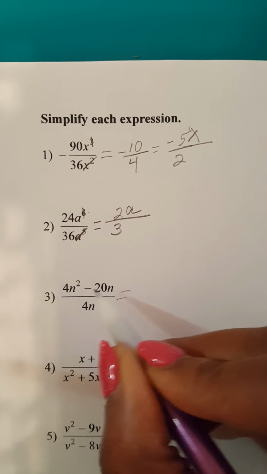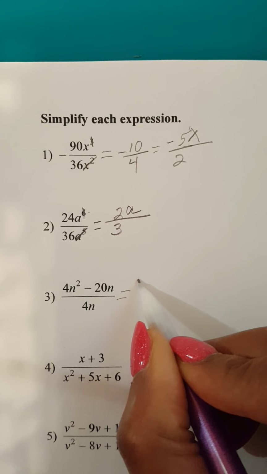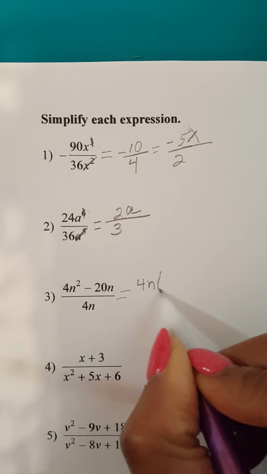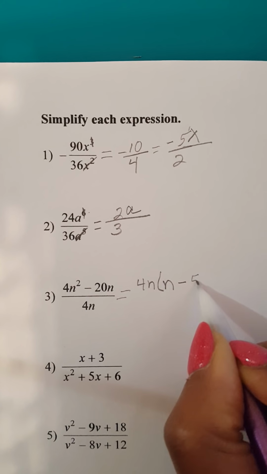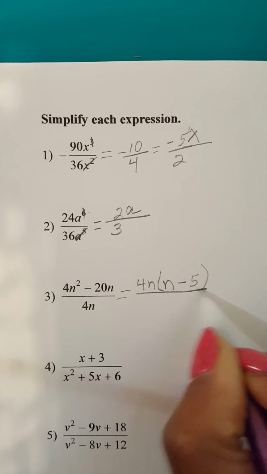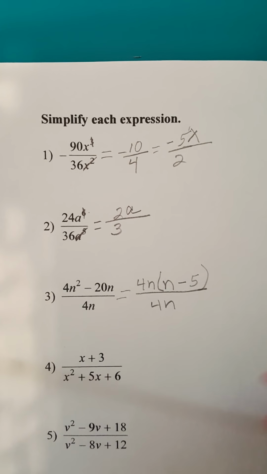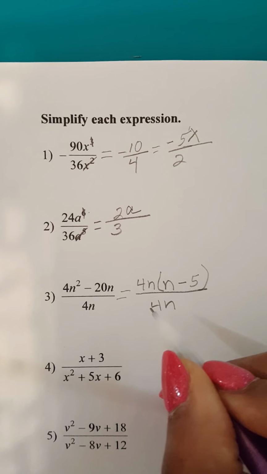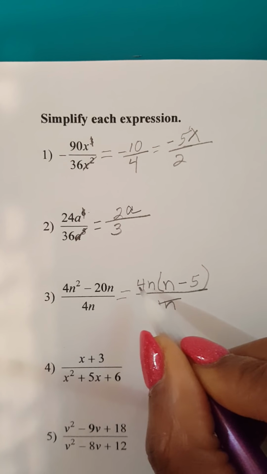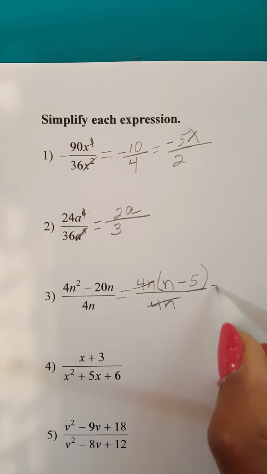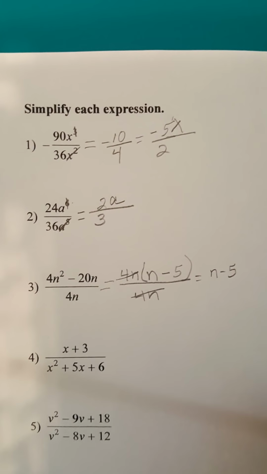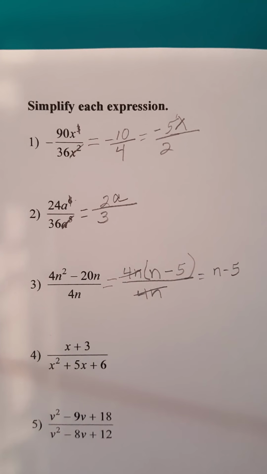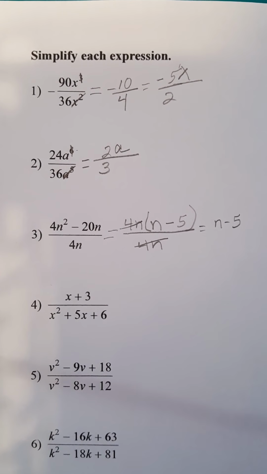So on top, I have a GCF of 4n. If I take 4n out of the top, I'm left with n minus 5. And then on bottom, it's just 4n. Now I can cancel the 4n with the 4n, and I'm just left with n minus 5 as my answer. It is now simplified. The next one,